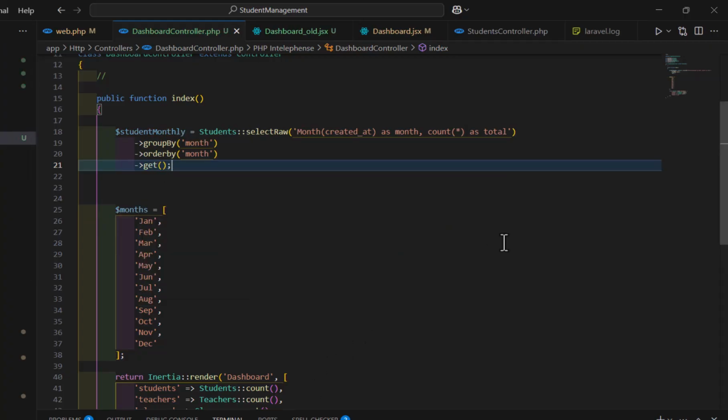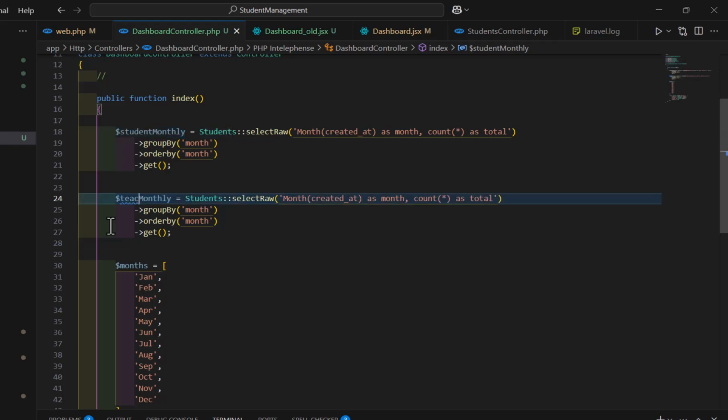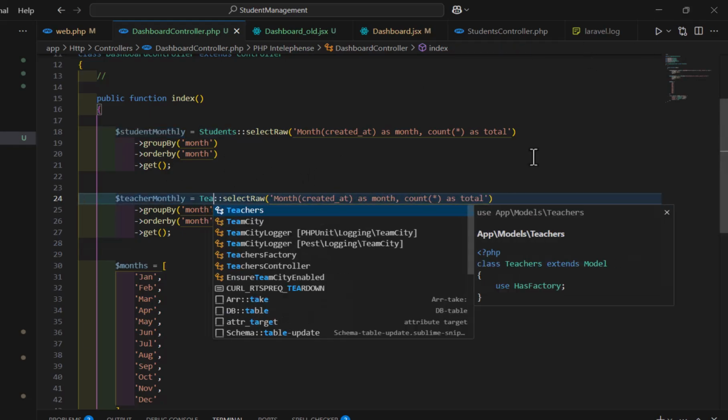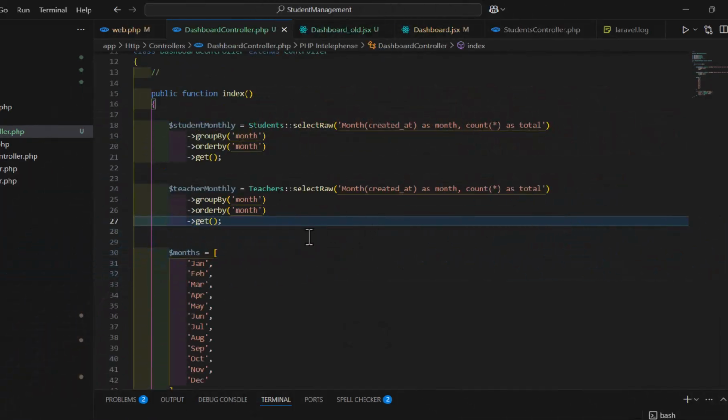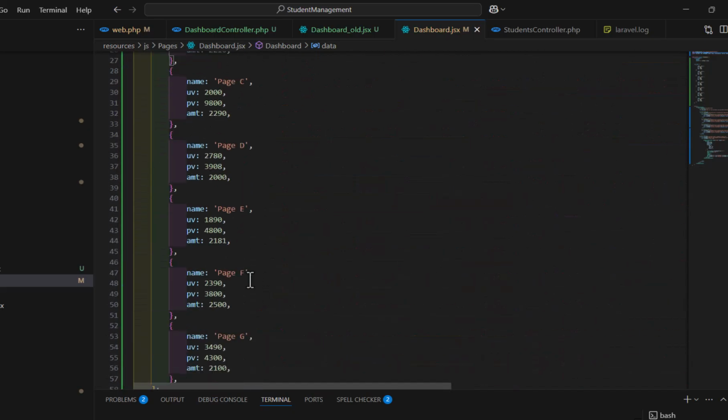Now we have to do exactly the same thing for our teachers as well. So let's copy it and paste it here. Change the student to teachers. So instead of student, teacher, and change our model to teachers as well. Now our data is ready, but one thing, if we go to our dashboard.js and scroll up to that